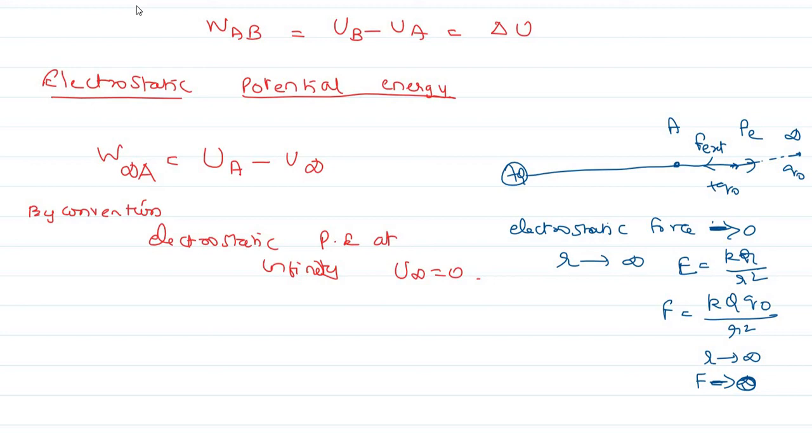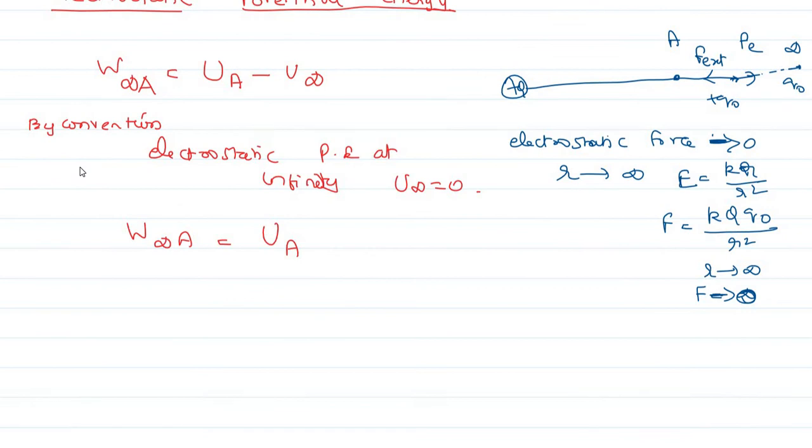If at infinity it is 0, then the work done in bringing a charge Q0 from infinity to that point A is nothing but the potential energy of Q0 at the point A. Because U at infinity is 0, if you substitute, the work done is simply the potential energy at that point. So how will you define the potential energy at point A? It is nothing but electrostatic potential energy. It is point specific. Okay, so how will you define it? Electrostatic potential energy